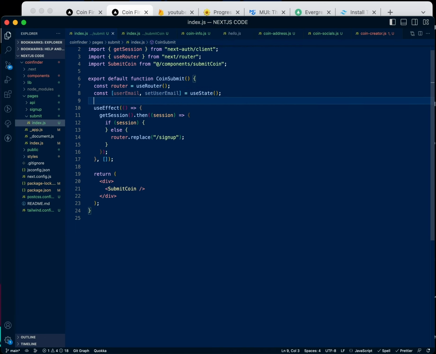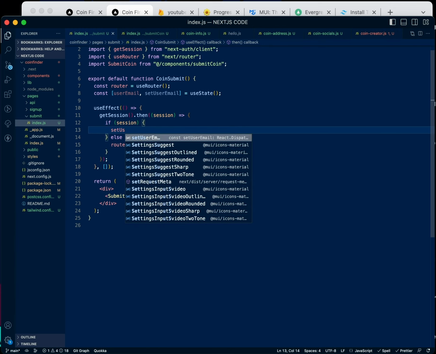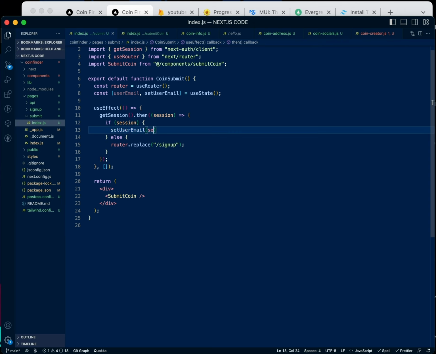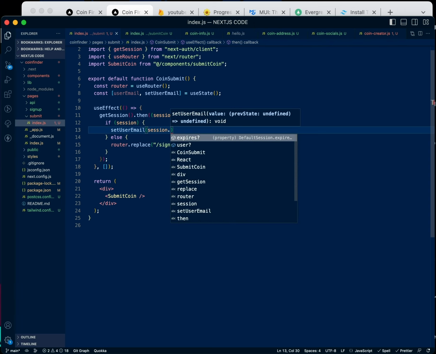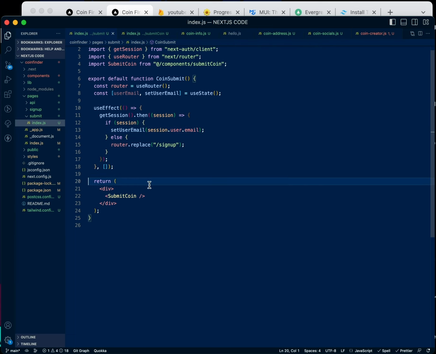All right, so we're going to come here and say set user email to the session dot user dot email. Then we're going to come to the submit coin and pass it in. We're going to say user email equals user email. Now, when we do this, we're going to get an error because